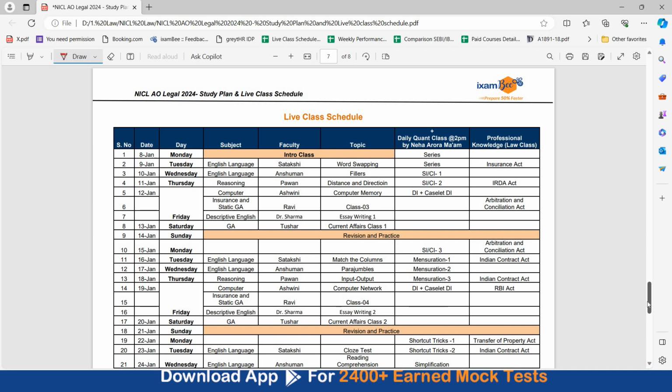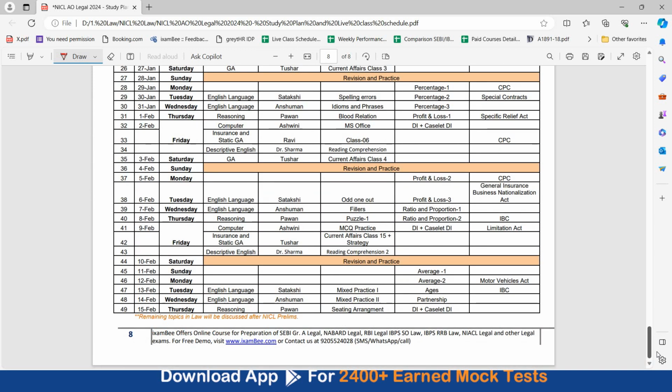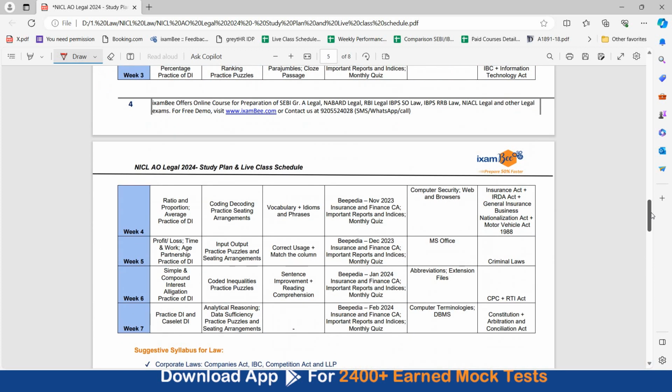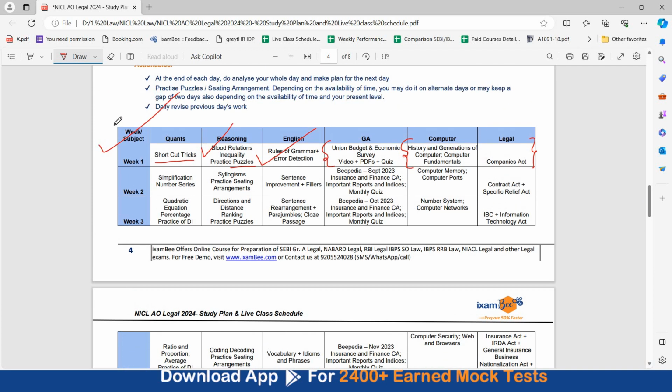Therefore, you will really have to put in that time. And if you have already appeared for NICL exam, UIIC law exam, then a lot many topics of yours are already prepared and you can just focus on your revision and practice. If you want to understand closely the study plan and the class schedule that is mentioned in this PDF, you can download this from the description below. Even if you plan not to join the course and prepare through self-study, you can use this study plan on a weekly basis to complete your topics, to complete your preparation. After 2 weeks, every weekend start attempting prelims mock test. The mains mock test can be attempted after the prelims exam.